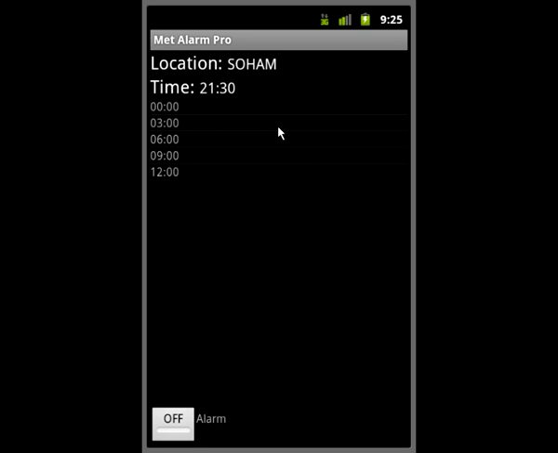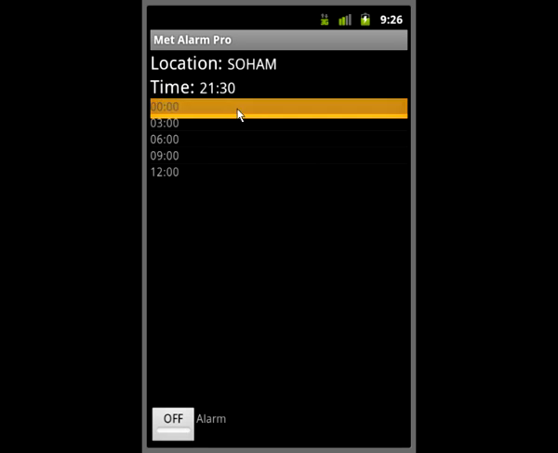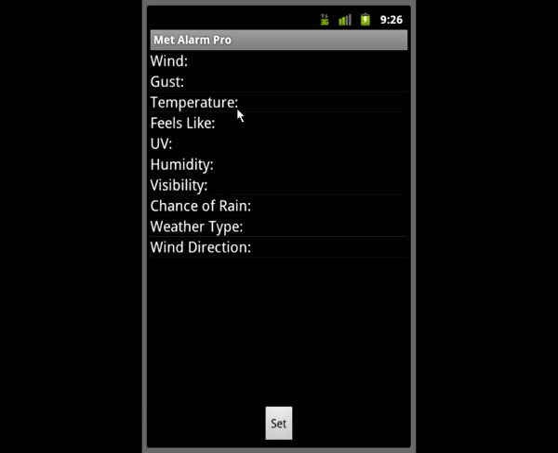The Met Office issues their forecasts in 3-hourly blocks, and the next one after the time we have here of 21:30 is midnight, and it follows on after that 3 AM, 6 AM, 9 AM, 12 PM, etc. So what we need to do is click our first row here, the midnight row, and this takes us into